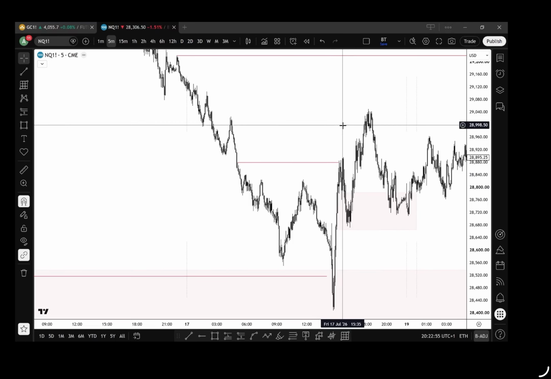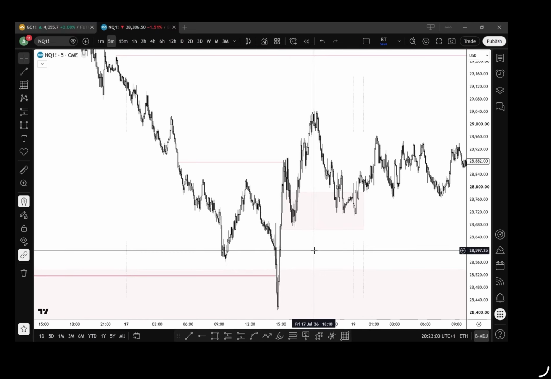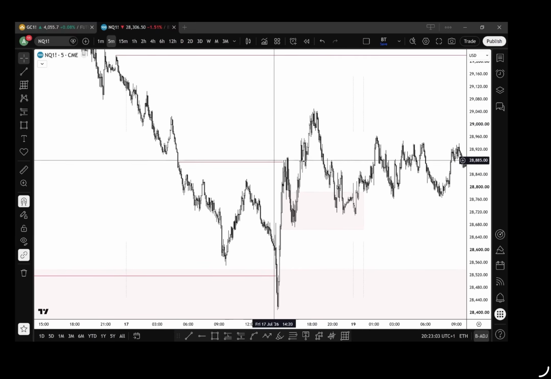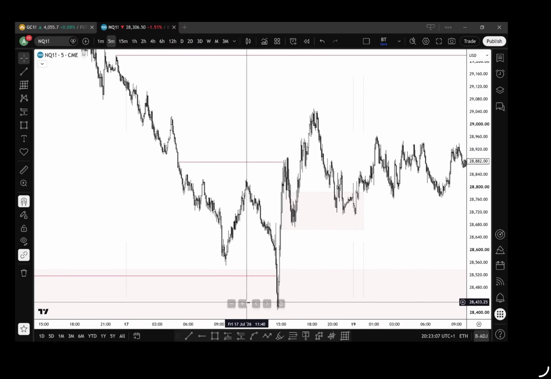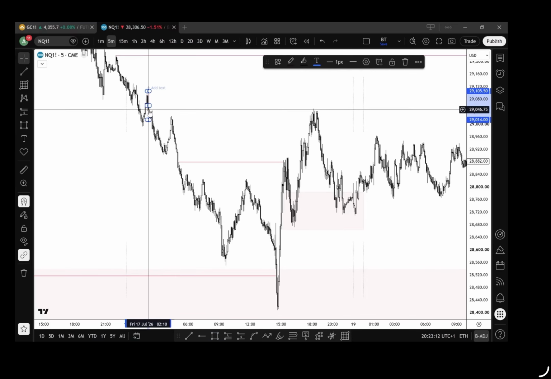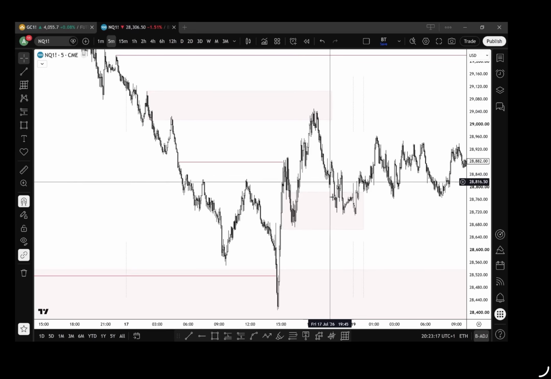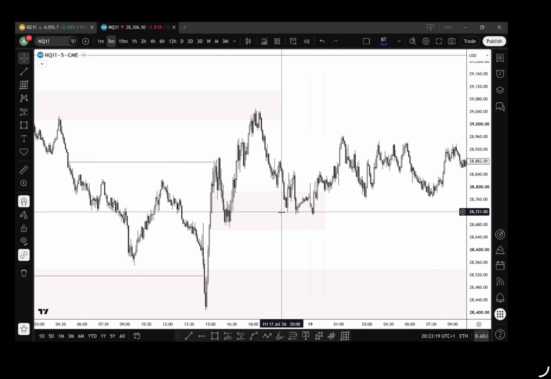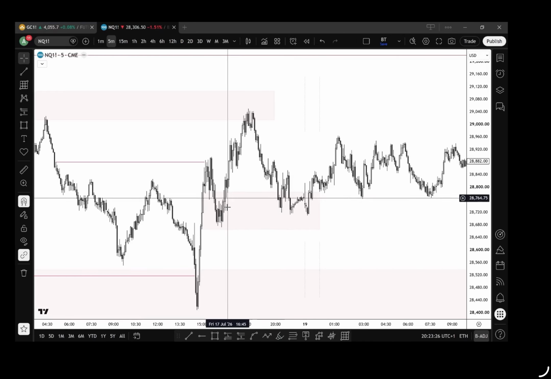Now what have we basically done by taking out these lows? We have induced sellers. So you can see how sellers are willing to take positions at these highs, okay, and we can see that if we look at where sellers have taken positions, okay, you can see how we respect this high and then we come back down to the lows. Now this is, I believe, on Friday near the close. You can see how we come back into this area. Look at how many buyers were induced from this move.